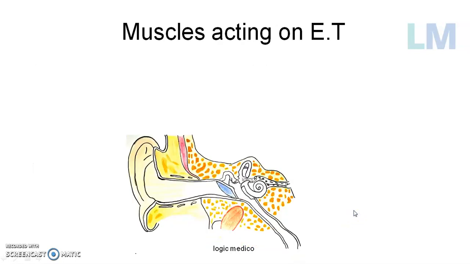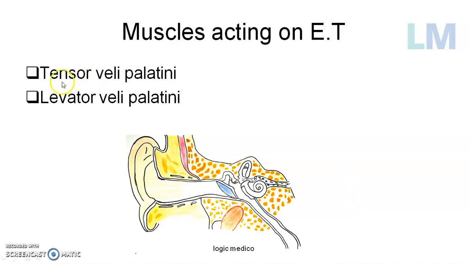Come to the muscles acting on the eustachian tube. These muscles are the muscles of the soft palate. They are called tensor veli palatini and levator veli palatini. Palatini here refers to the soft palate. Tensor means it causes tension, stiffening in the soft palate. Levator, as the name suggests, causes elevation of the soft palate. Veli refers to action on the eustachian tube. These muscles of the soft palate will cause dilatation, or opening, of the eustachian tube. So when it opens, the air can enter the middle ear cavity and the mucus can drain out of the middle ear cavity. That is the purpose of these muscles.